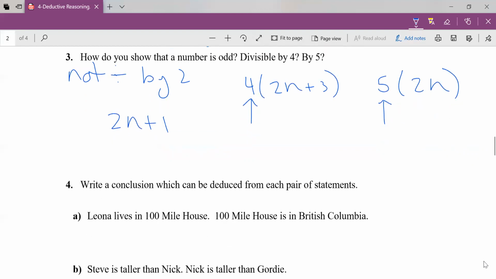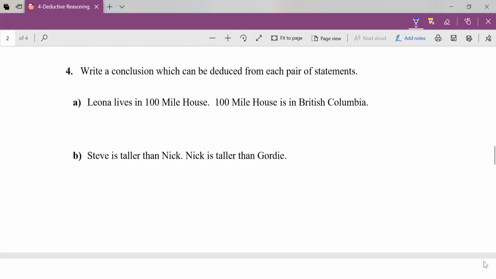All right. Try another couple here. Write a conclusion which can be deduced from each pair of true statements, right? These are true, I guess. So Leona lives in 100 Mile House. 100 Mile House is in BC. Okay, so what can I deduce from that? Well, if she lives in 100 Mile House and 100 Mile House is in BC, well, then I can prove to the judge then that Leona lives in